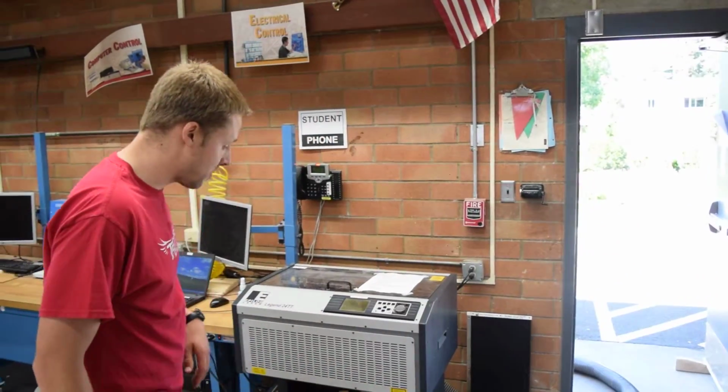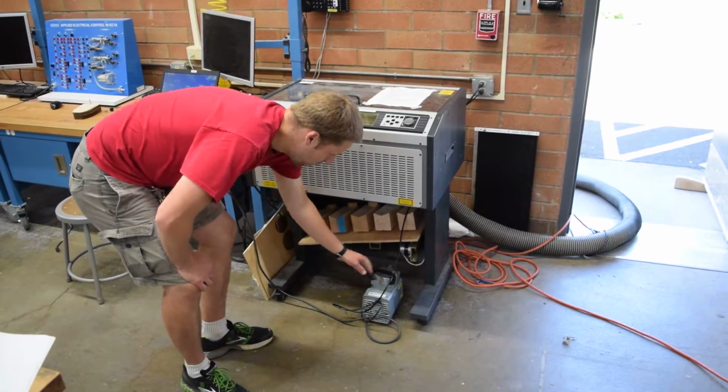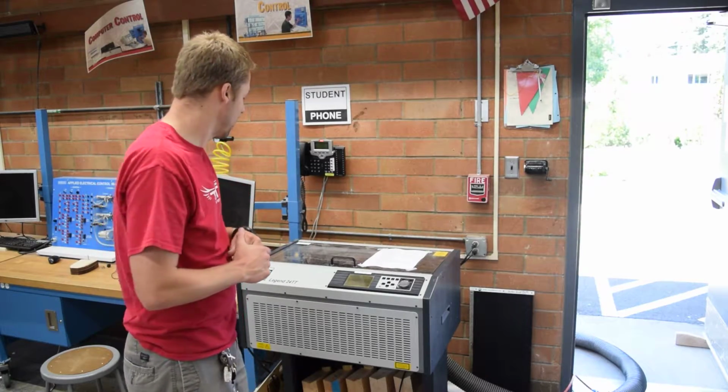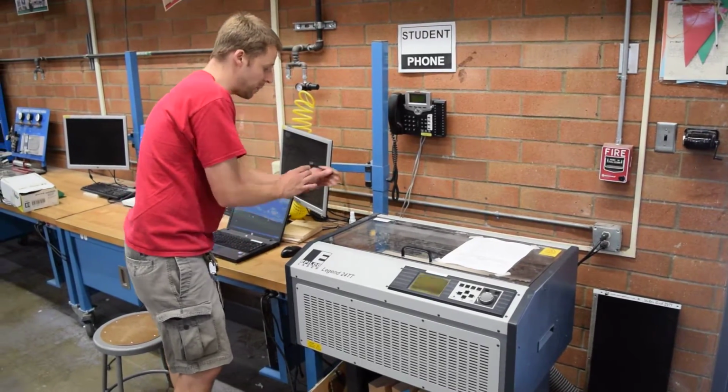The next step is to turn on a compressor, an air compressor that's at the bottom. When you turn this on, it's actually blowing air through a small nozzle that's very close to the laser cutter itself. Okay. One last thing that should be set up, but that you should check, there's a USB port that's